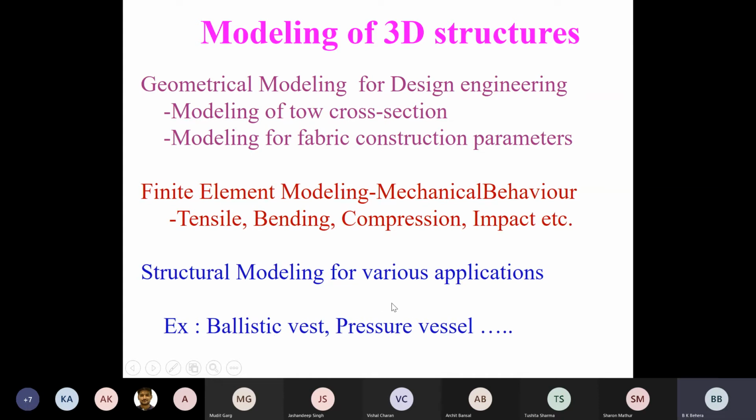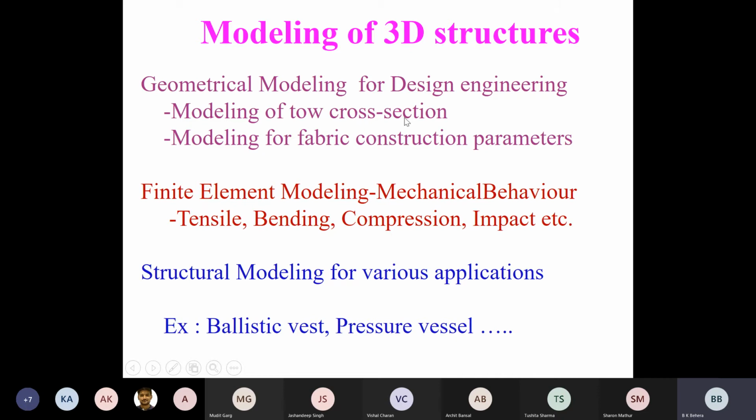In structural modeling, we predict the performance, like how much the ballistic resistance behavior will be, how much the cut resistance characteristics are, meaning to what extent it can sustain the cutting force, to what extent it can sustain the ballistic, that is, bullet resistance, bullet penetration. So those are all performance parameters, prediction of performance of the fabric. Here it is prediction of mechanical properties of the fabric, and here it is called prediction of the constructional detail of the fabric, as you are doing in Pierce geometry.